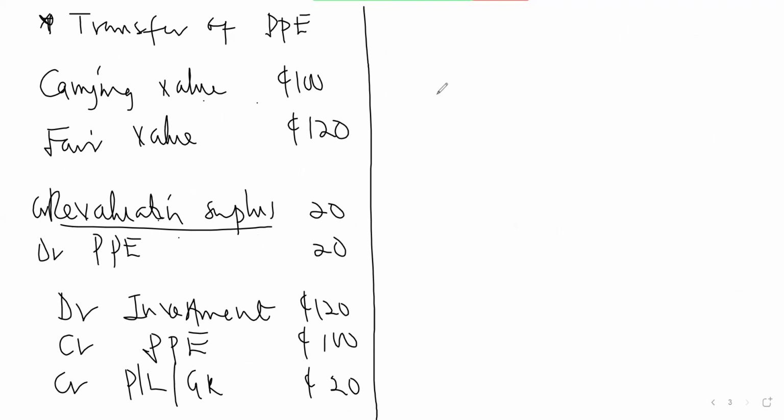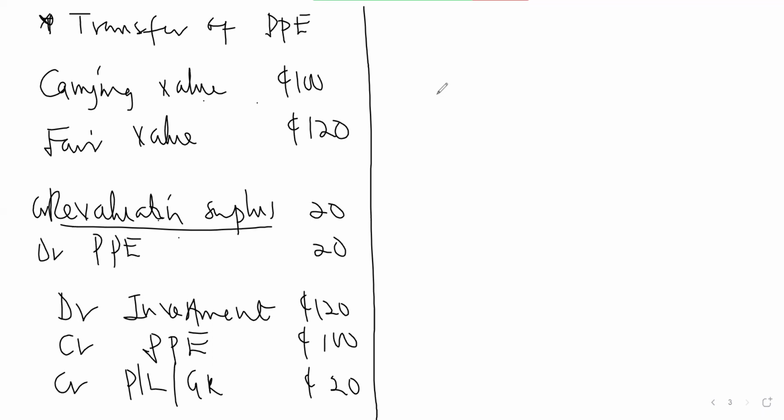But mostly, not all of them will be recognized. Mostly it's only the cash consideration that they will say has been recognized, because since you are paying cash, it means that you debit your investment and you credit your cash or bank account. Okay, so these are the ways that a consideration can be settled.